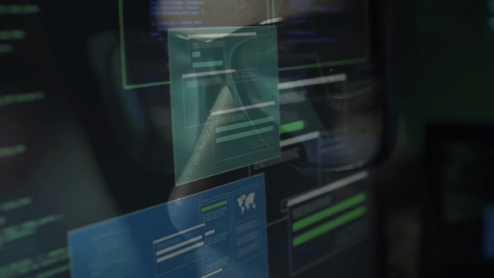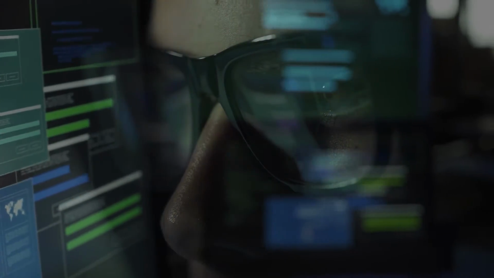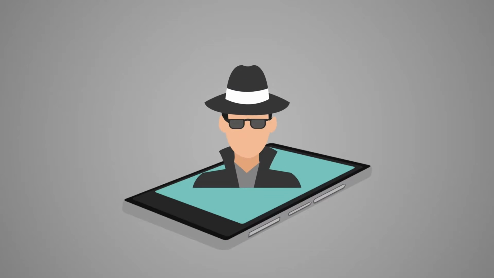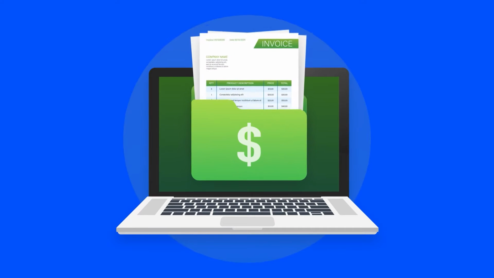Business email compromise, or BEC, is a type of cybercrime where the scammer uses email to trick someone into sending money or divulging confidential company info. The culprit poses as a trusted figure, then asks for a fake bill to be paid or for sensitive data they can use in another scam.